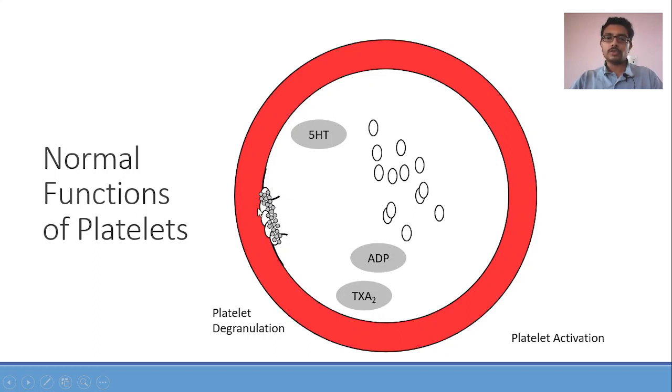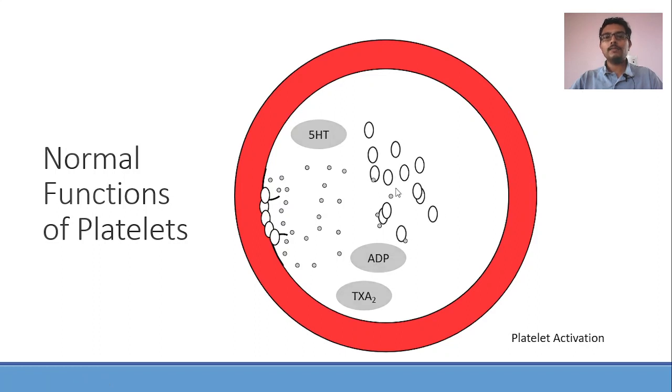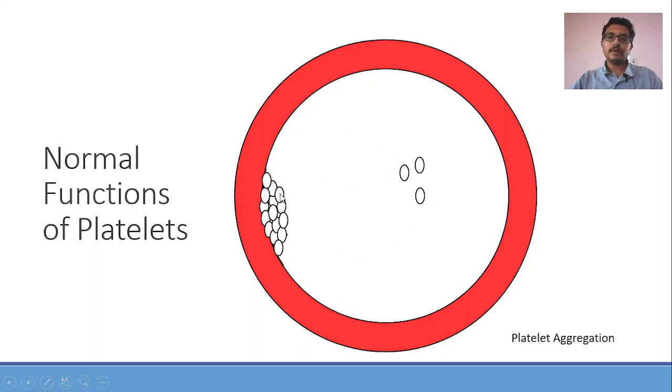Now these chemicals do not stay here, they will start moving everywhere, and because of the chemotactic nature of the chemicals, other platelets get attracted. These platelets come and get attached to the already recruited platelets. This process is called platelet aggregation. The first, platelet adhesion, where platelets simply got attached. Second, platelet activation, where the adhered platelets secreted certain chemicals, and because of that, these chemicals attracted further platelets which came and formed an aggregate of platelets. So this is called platelet aggregation.